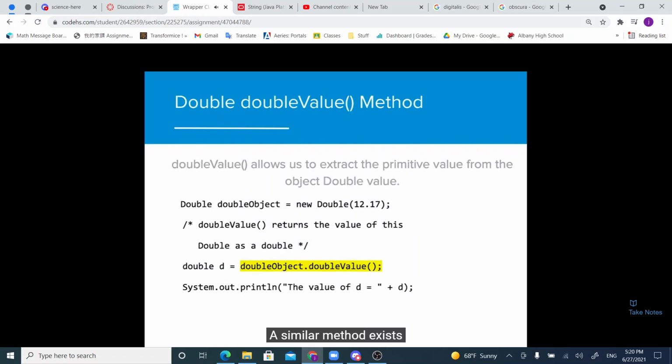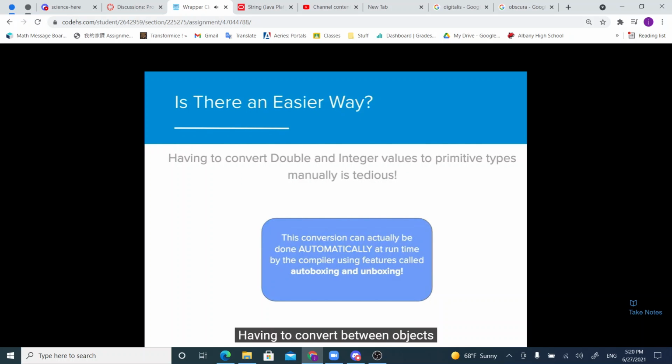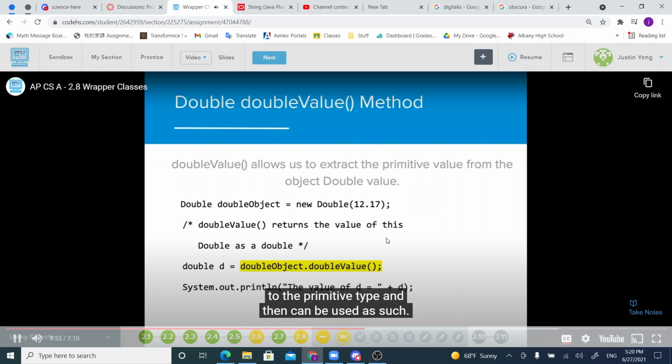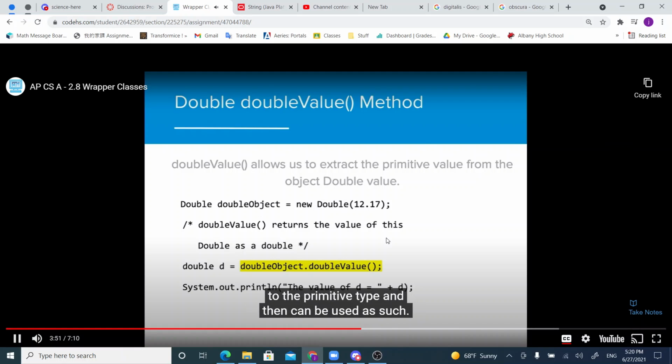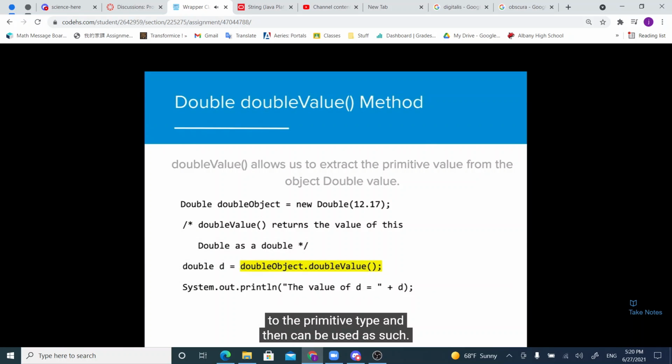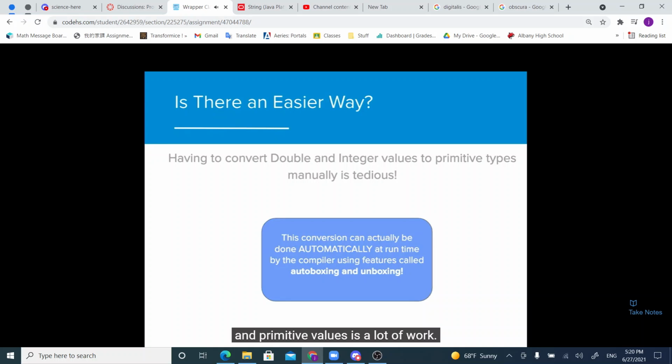A similar method exists for the Double class, where the double value is converted to the primitive type and then can be used as such. Double d, Double object, doubleValue. Okay. Having to convert between object and primitive values is a lot of work. Luckily, Java has a way of